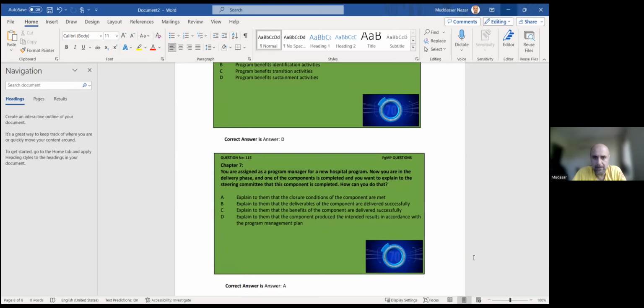No, because even though the deliverables are delivered, there might be some other condition that might stop the program from being completed. Explain to them that benefits of the component are delivered successfully, even this is not okay. Explain to them that the component produced the intended results in accordance with the program management plan. I thought this is more sustainable because it meets or exceeds the intended results. This was in one of the ECO. Okay, so you are right. D is also good, but